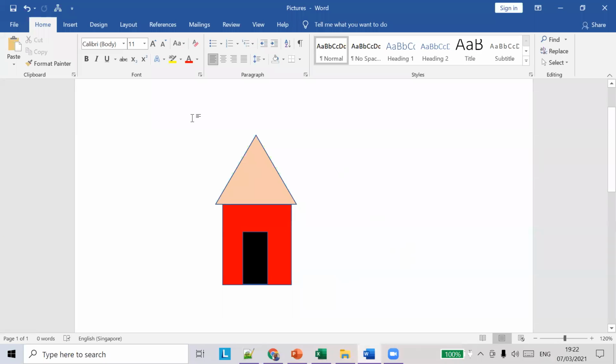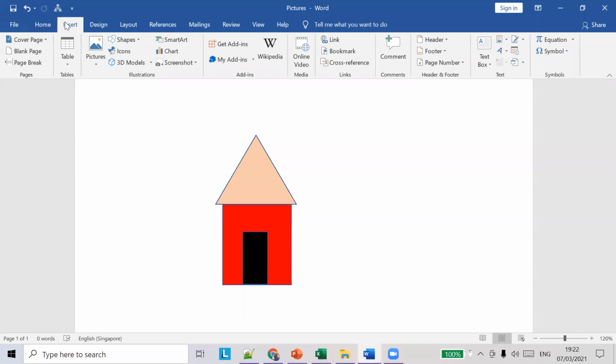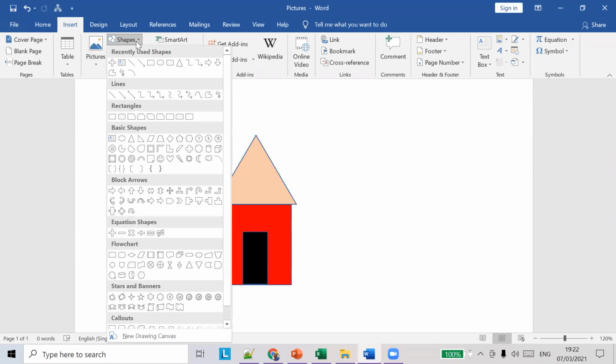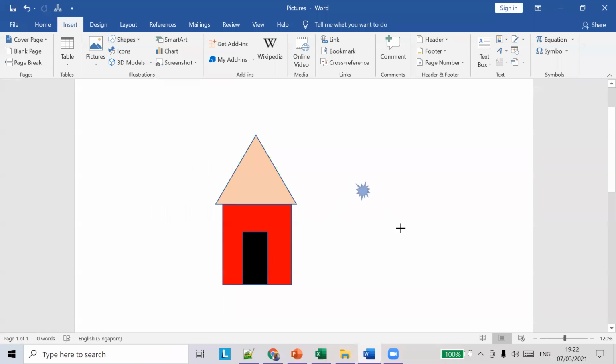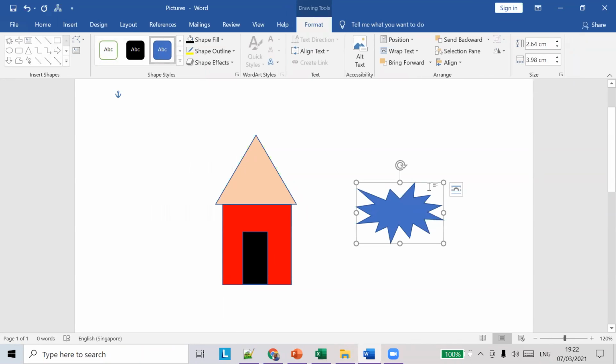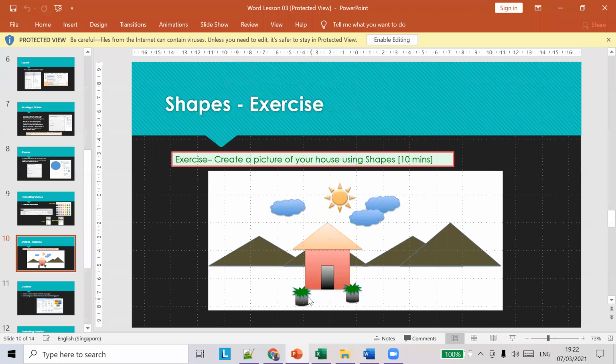Okay, so what we can do is go to insert shapes, and we can first draw the bush at the top, right? So this one looks like the same picture, right?